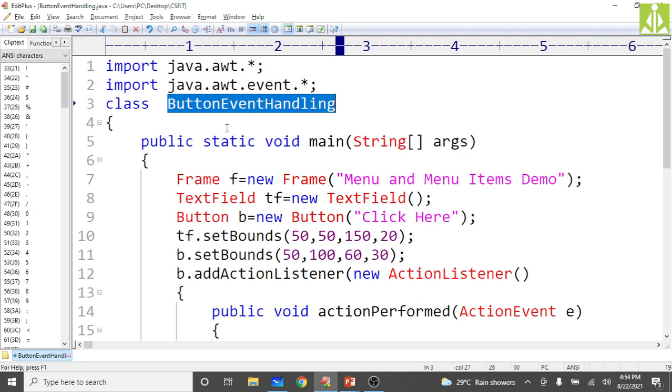You can do a lot of things. You can simply generate a calculator which will perform all the calculations. There are many things you can do after learning this GUI programming. I have just given some basics. We have seen how we can create the components inside the AWT package, how we can create the containers, how we can add those components to the containers, and how we can handle the events. Okay, so next we have the layout manager.